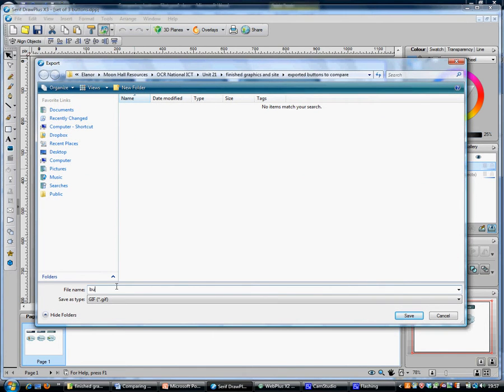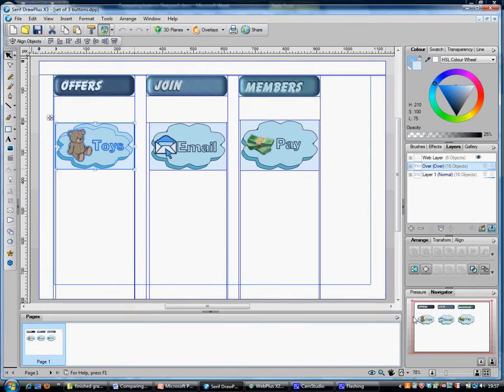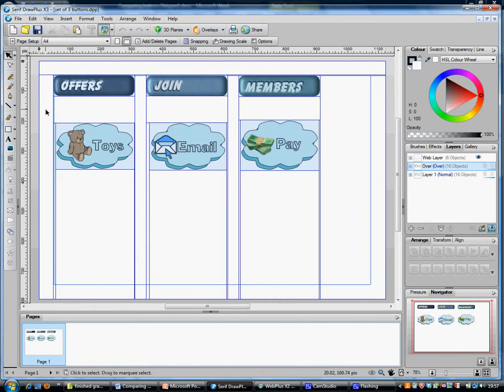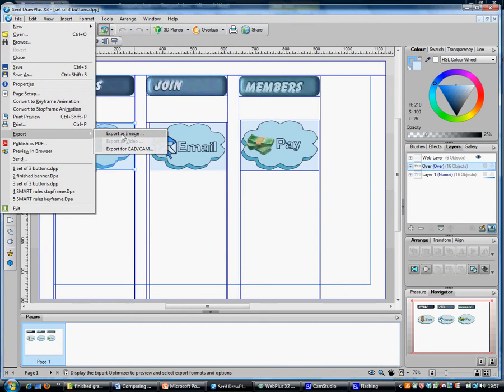So this is my button GIF. Now I've made a folder specially to do this so that it doesn't get too confusing. So I've made a folder to compare my buttons, and I'm going to save it in there. Now I'm very quickly going to do the same for my other graphic. For my other file types, I'm going to export as